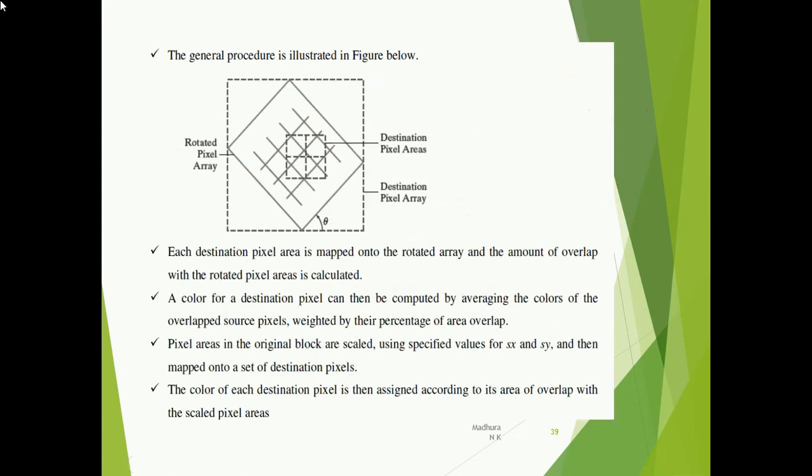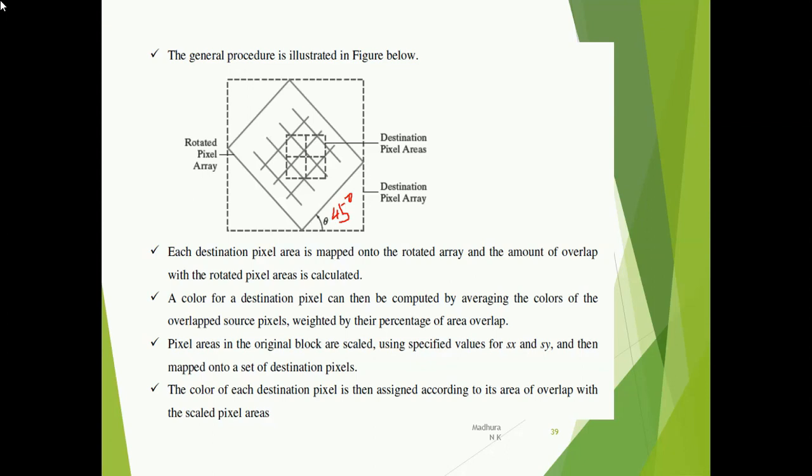So in the earlier slide, we have rotated the object about 90 degree. Now suppose your rotation angle theta is maybe 45 degree or 60 degree or 25 degree. What is the procedure? Let us see. The procedure is applied for rotation angles other than 90 degree. So you have a rectangular section, and you want to rotate the rectangular section. Let us see how you can rotate it.